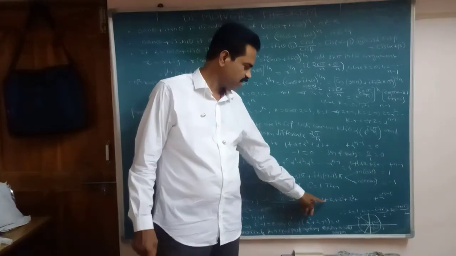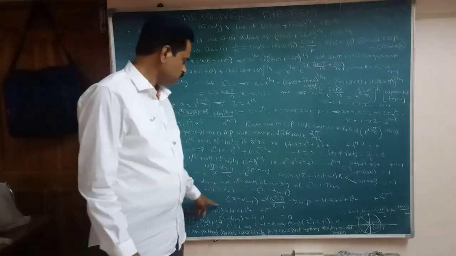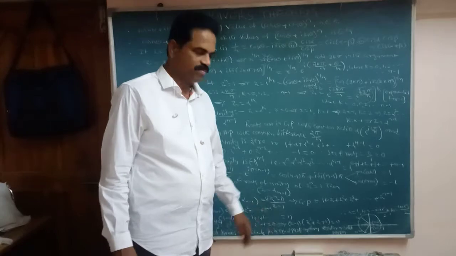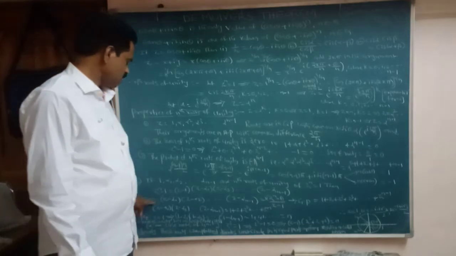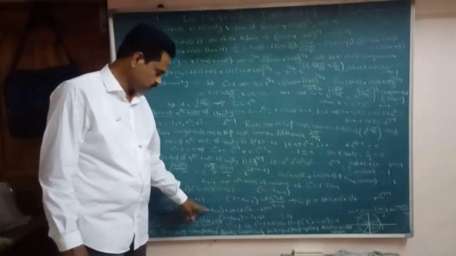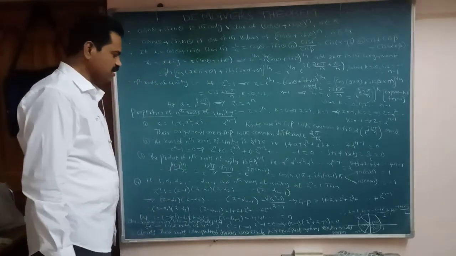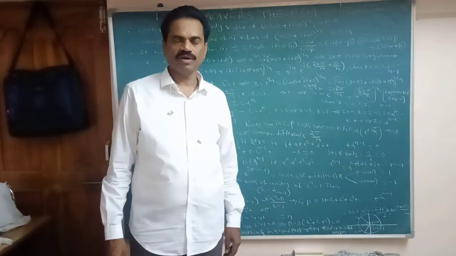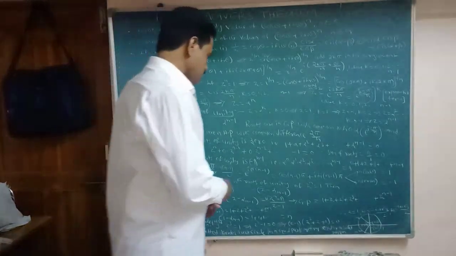So this equals 1 plus z plus z square plus z cube and so on, up to z power n minus 1. Therefore (z minus alpha 1)(z minus alpha 2) and so on equals 1 plus z plus z square and so on, z power n minus 1. Here put z equal to 1 and substitute: 1 minus alpha 1 into 1 minus alpha 2 into so on, 1 minus alpha n minus 1 equals 1 plus 1 and so on, that is n terms. This value is n. It is important to remember that (1 minus alpha 1)(1 minus alpha 2) and so on (1 minus alpha n minus 1) is n.